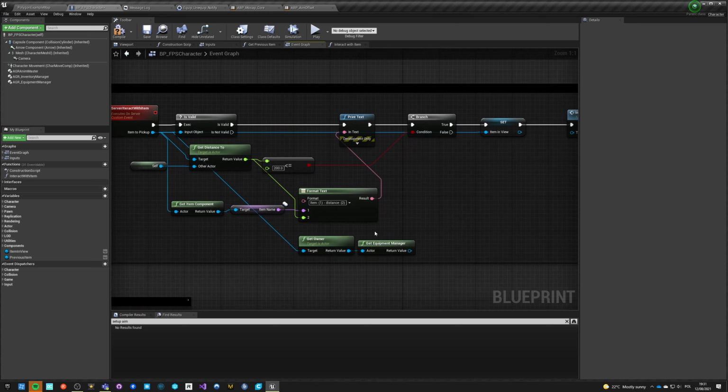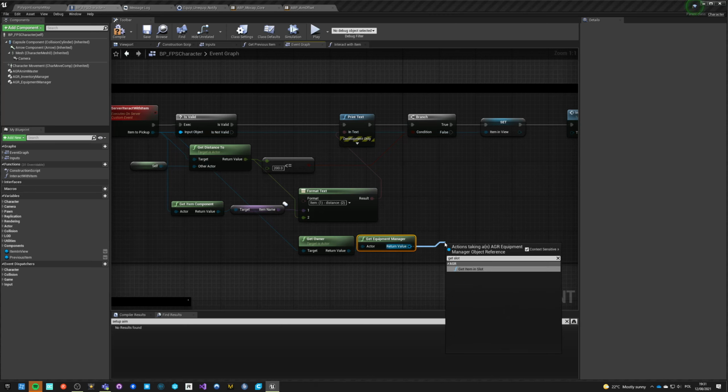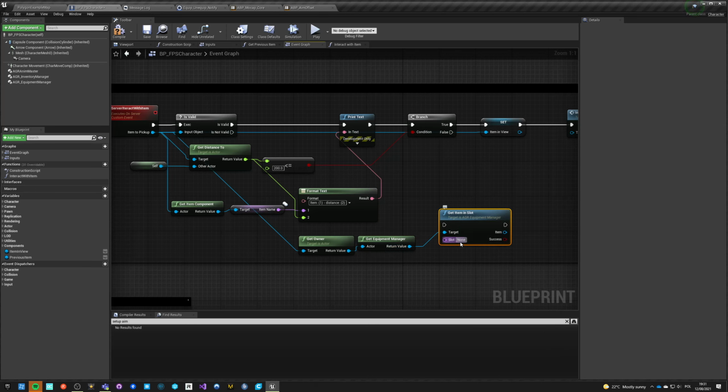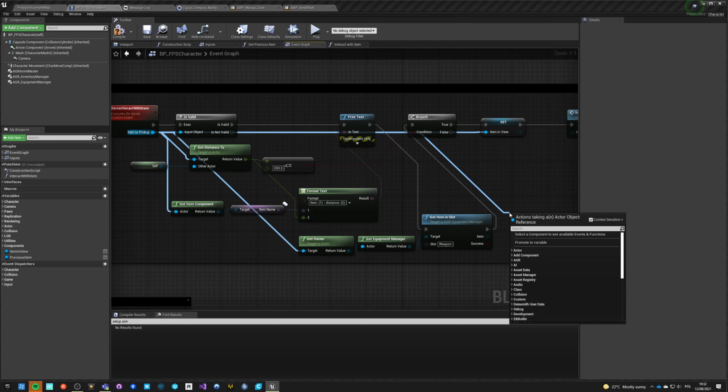So how do we know that it wasn't dropped? Well, it wasn't dropped if it is in equipment. So if it is not, get item in slot, and the slot name is weapon. And we can access slots on multiplayer as well. So we have to get it here. And if it is equal,